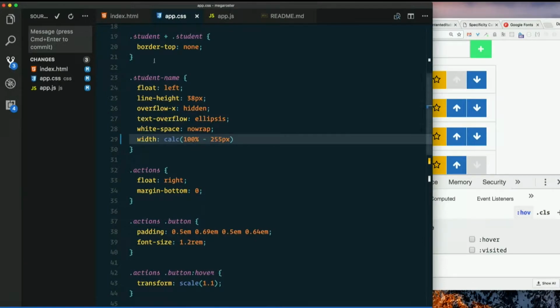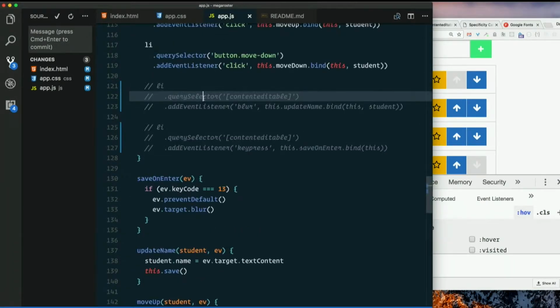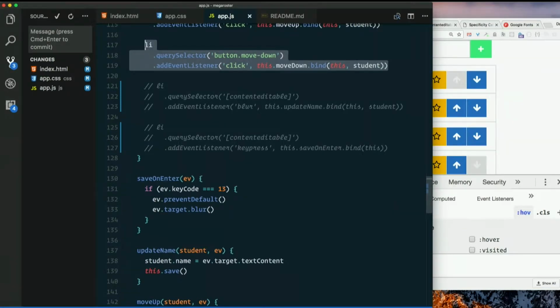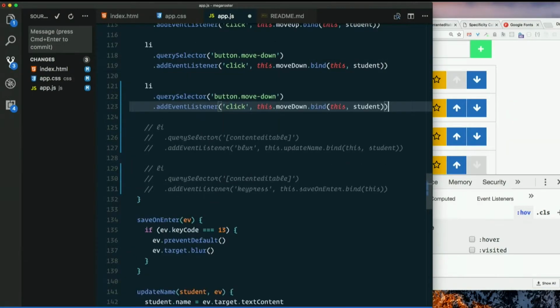Now let's make it do something. Button edit. When we click it, let's have it call a function called edit. This.edit. We'll need to bind it to this, and we'll pass in, we could pass in the student,